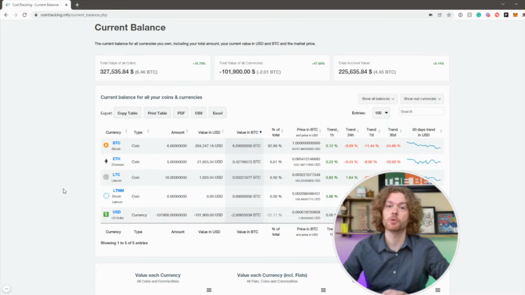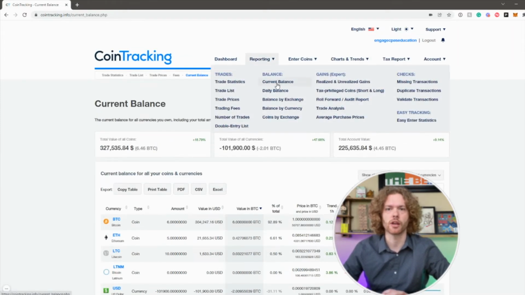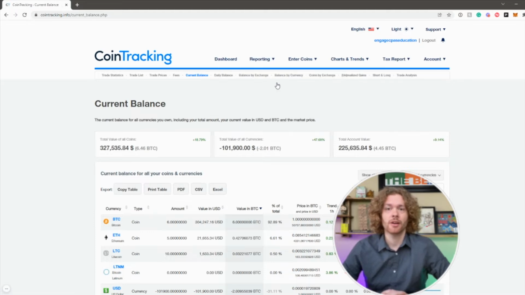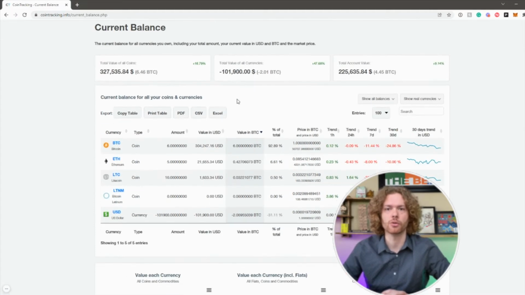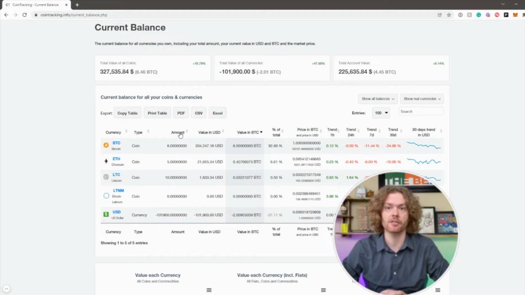First up, the most important thing to me is your current balance. And you can find that under reporting. For tax purposes, I don't care about the actual USD value of what you hold. I want to see that your current balance in Cointracking matches what you actually hold. For example, if you tell your tax preparer that you're holding 3 Bitcoins on Coinbase Pro and 5 Ether on your Trezor wallet, but your Cointracking shows that you're actually holding 6 Bitcoin, 10 Litecoins, and 5 Ether, I know for a fact that anything that comes out of Cointracking will be wrong, because we're missing at least